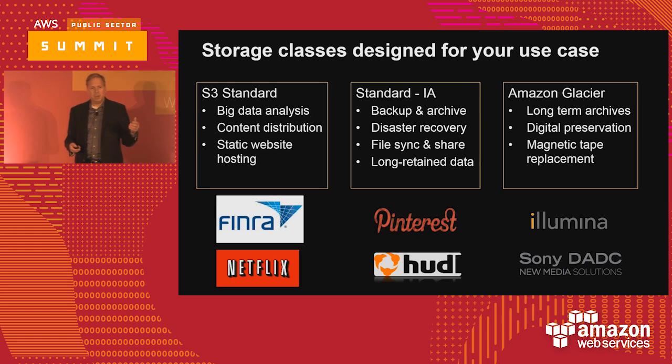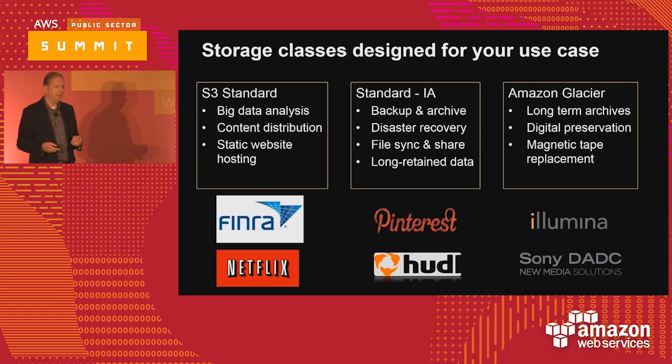So you can think about Illumina, who uses us for genome sequencing, long-term genome data. Sony DADC actually reinvented their entire workflow. They basically say you want the newest Spider-Man movie, and you're an Indian broadcaster. You say, I want 10 different bit rates of the newest Spider-Man movie. What they used to